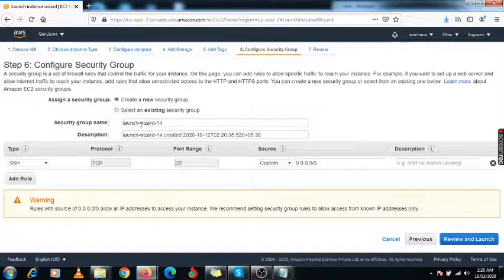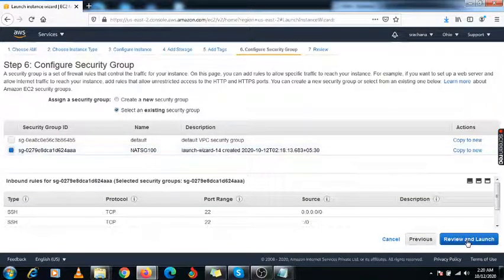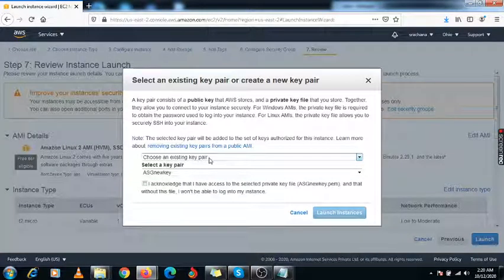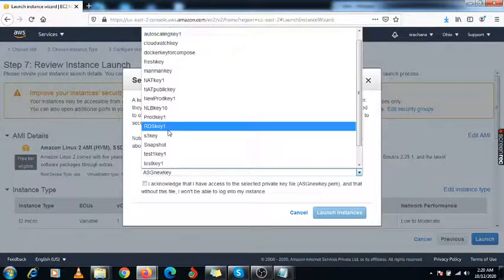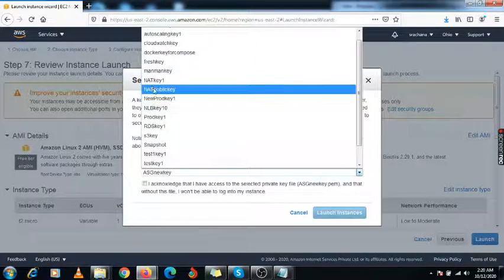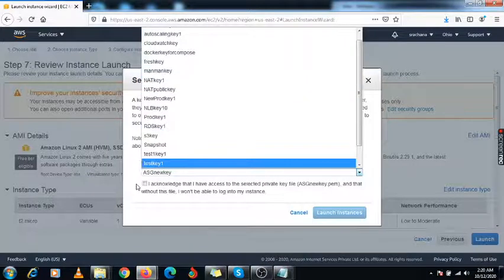Configure the security. You need to use the same existing security group which you have created. Launch it. Here we are selecting the same one, NAT key 1. Okay, no issue.